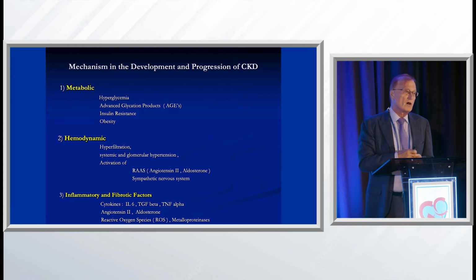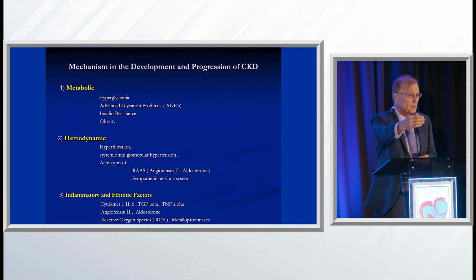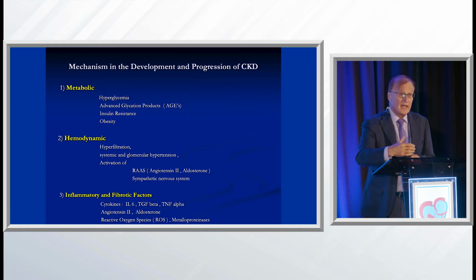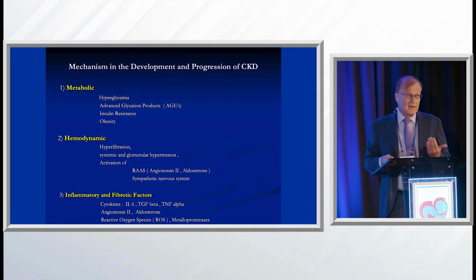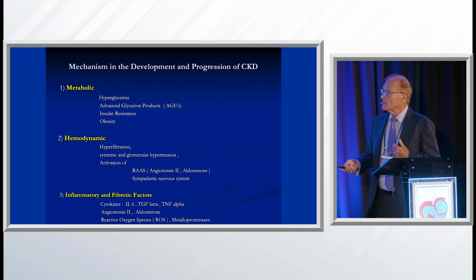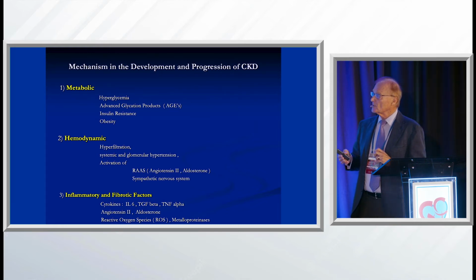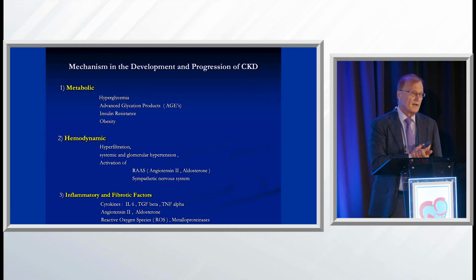Importantly, also are conditions which make you hyperfiltrate. What does that mean? That means your eGFR, instead of being 90 or 100, is 120. So in the early phases of diabetes, you can have hyperfiltration. And if you're obese enough, you also need to excrete the salt and water, and therefore you're also hyperfiltrating. So in obesity, very often, particularly early on, you have hyperfiltration. And of course, if your systolic blood pressure is higher, that transmits to the glomerulus, which also leads to activation of the renin-angiotensin system.